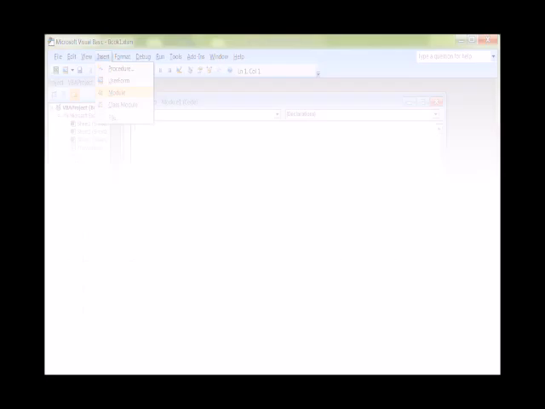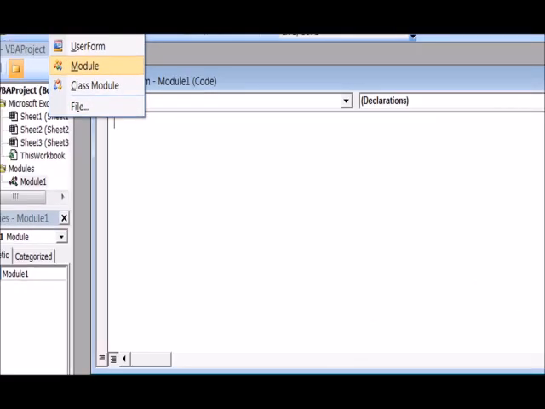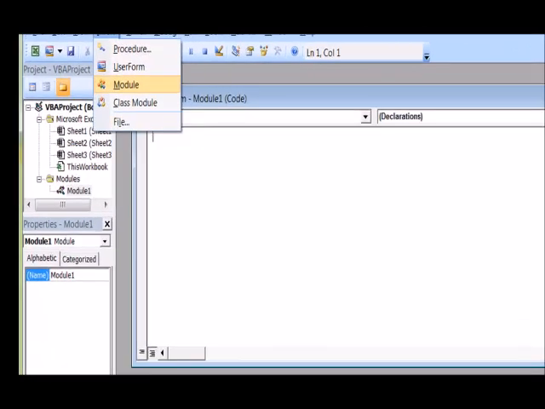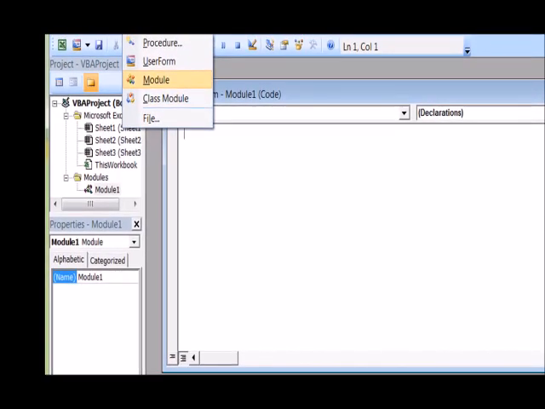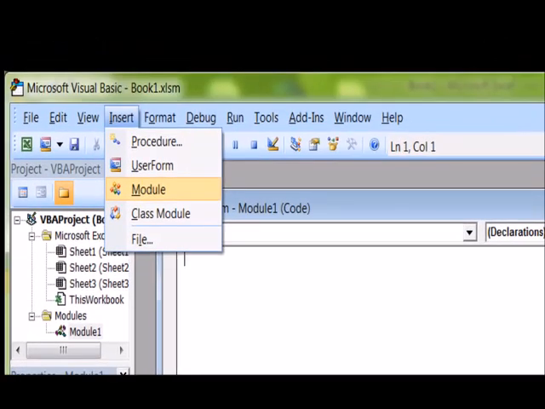For example, firstly we will open the Excel workbook. After that, the Alt plus F11 key will be pressed and this menu will appear. In Insert, there is the option Module.